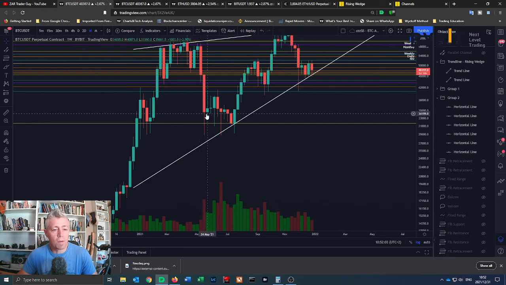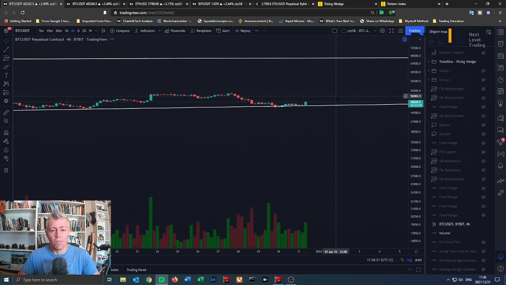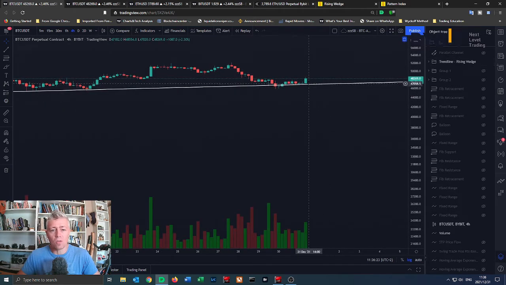Now when price was dipping down on the 17th of May, people were calling for the price to drop down to even $10,000, but we saw a huge bounce there. Sentiment at the moment has been extremely negative and bearish, and people have been calling for Bitcoin to go down to 45,000, 42,000, which is still a possibility, but we are seeing a very big bounce at the moment. If you look on the 4-hour time frame, we've had a very nice bounce off the trend line from 47,100,